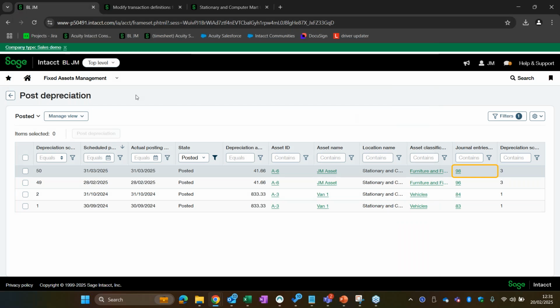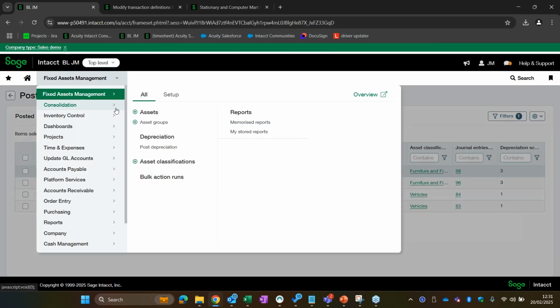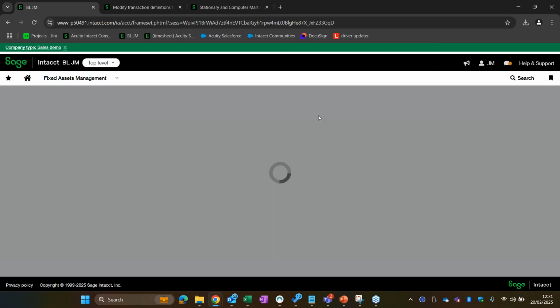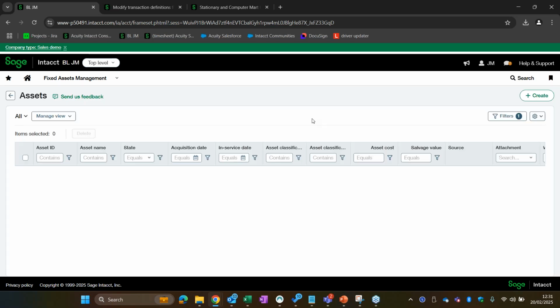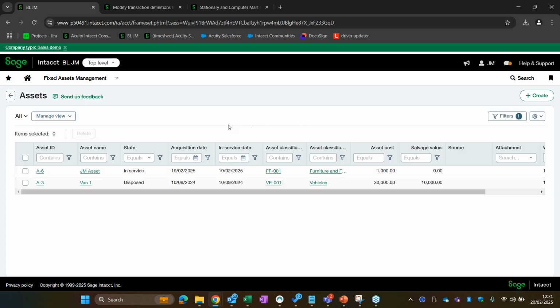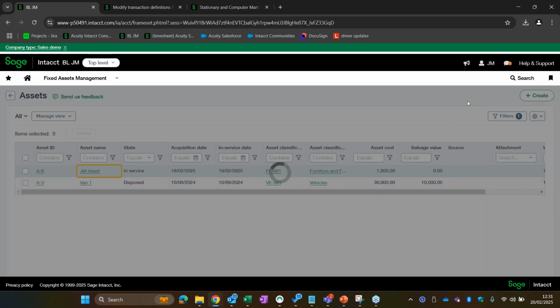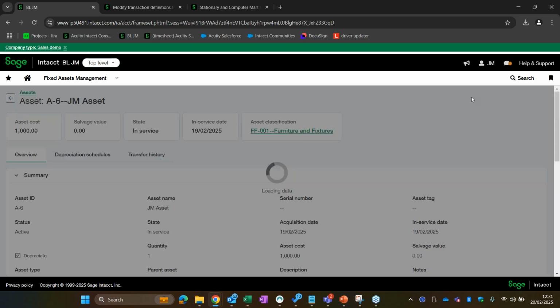I actually want to send that now to maybe a different department. Maybe it was incorrectly set up and we're already in the process of depreciating that asset. If I go into one of my assets, you're now going to see a button called transfer,